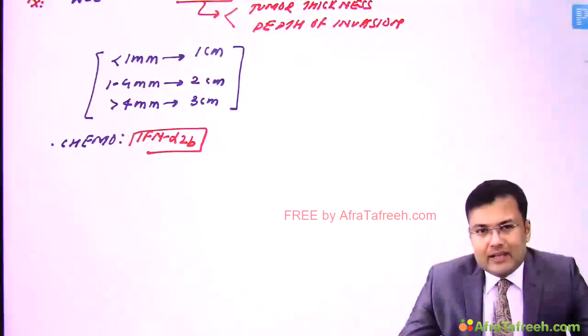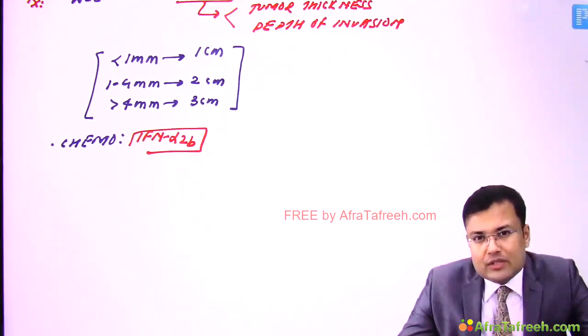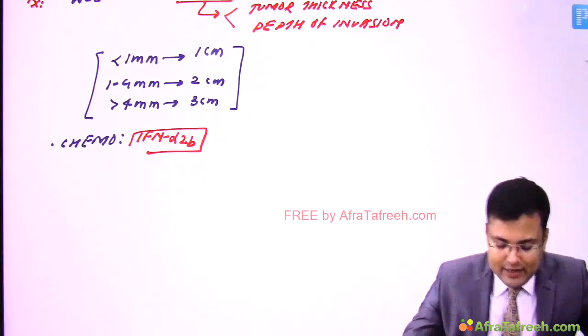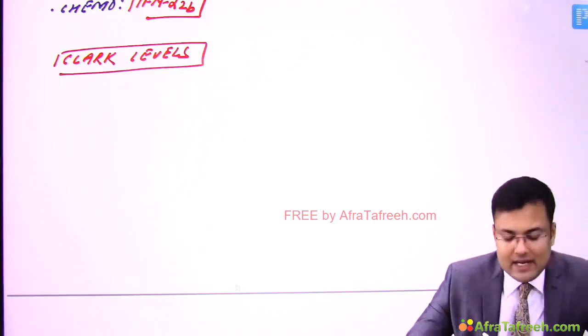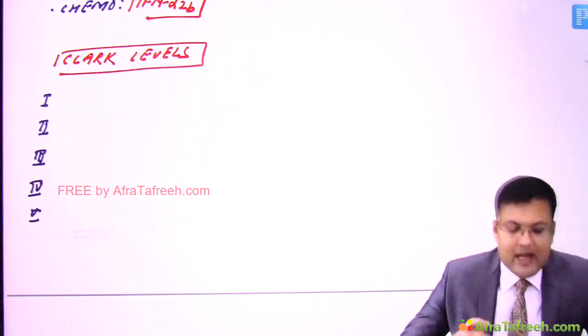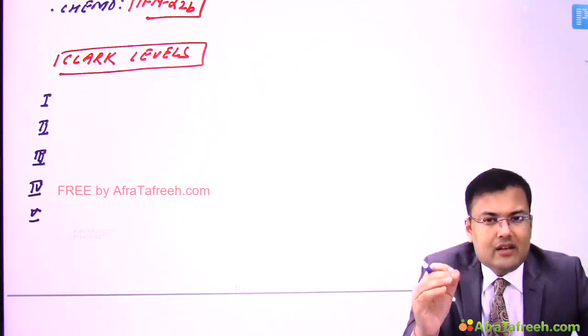Now in relation to malignant melanoma, there are 2 questions which are asked. One is Clark levels, and second is Breslow's depth of invasion or Breslow's staging. So one by one we are going to discuss. First, Clark levels in malignant melanoma. There are 5 levels, 5 types, 1, 2, 3, 4 and 5, and it is based on depth of invasion. Based on depth of invasion means, grossly speaking, it is based on the layer which is involved.